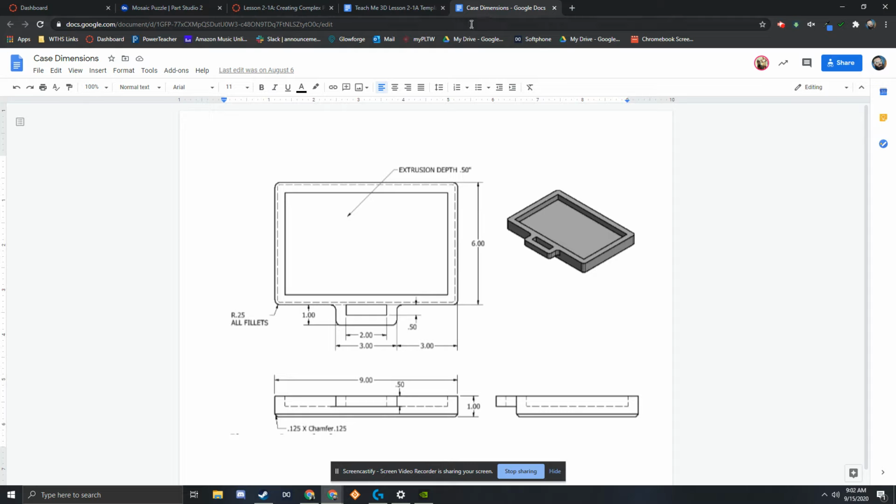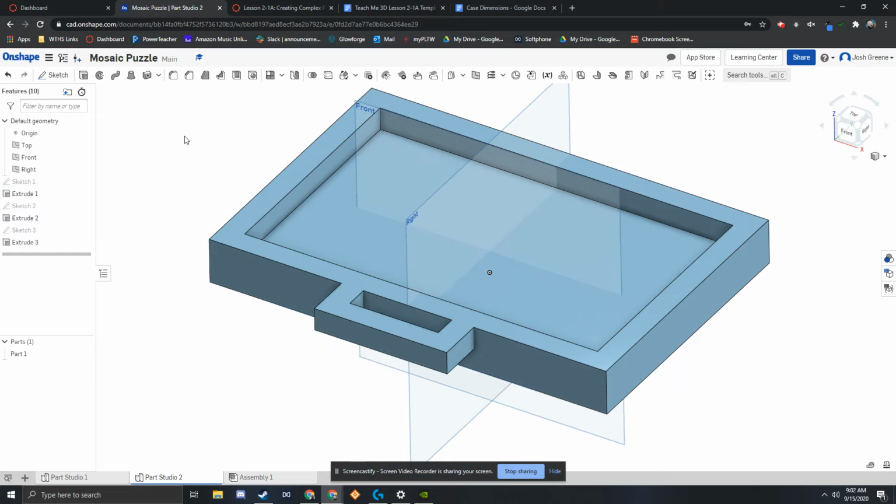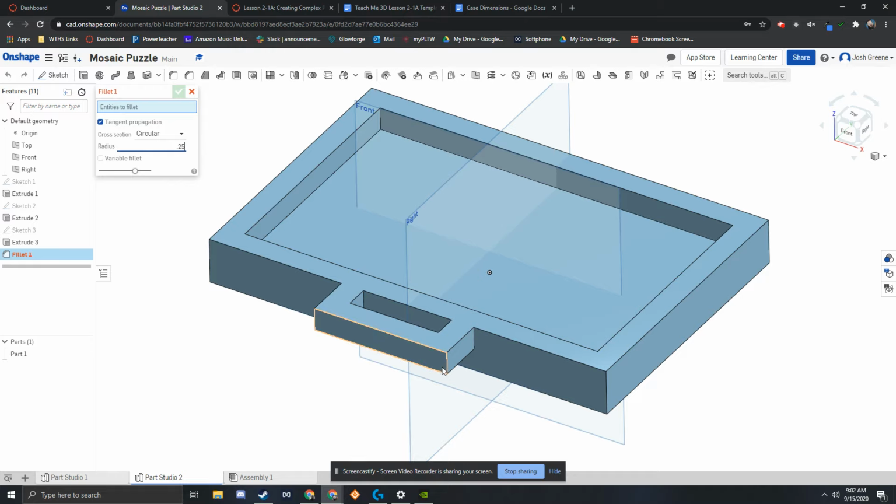If I go back to my case dimensions, I have a few rounds I need to make. So each of these 4 edges plus 2 internal edges and 2 outer edges on the case have a fillet of 0.25. What a fillet is, is just an option to make a sharp corner rounded. So I'm going to change the radius to 0.25, and then I'm going to select every edge that I want to fillet,